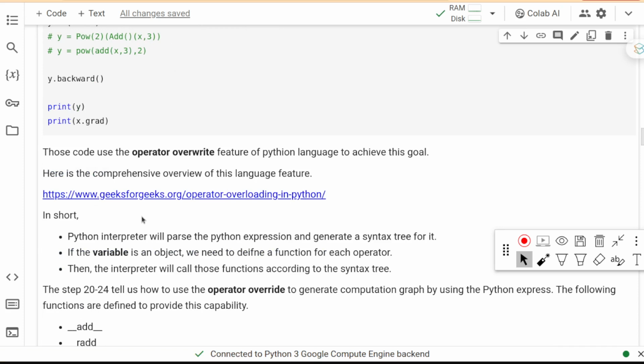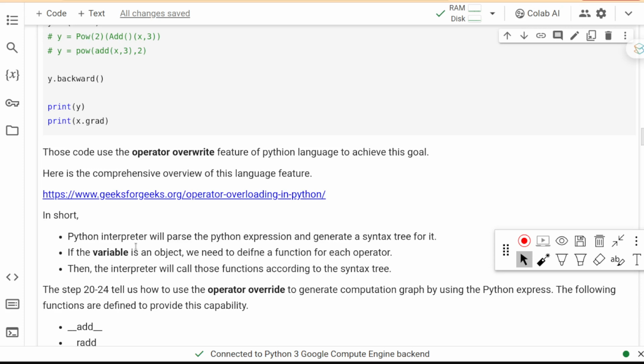But ensure that the Python interpreter will parse the Python expression and generate a syntax tree for it. If the variable is an object, we need to define a function for each operator so that the interpreter will not report a syntax error.